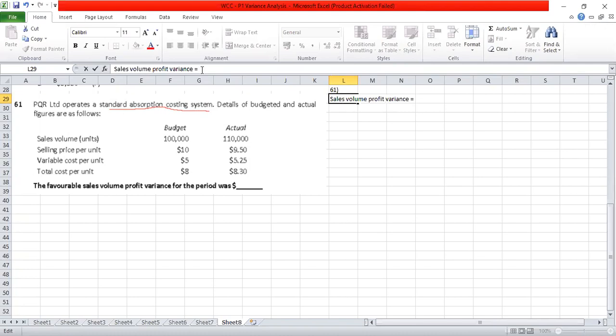The formula here will be total profit, not the controllable profit, not the contribution margin. So here, standard profit per unit into